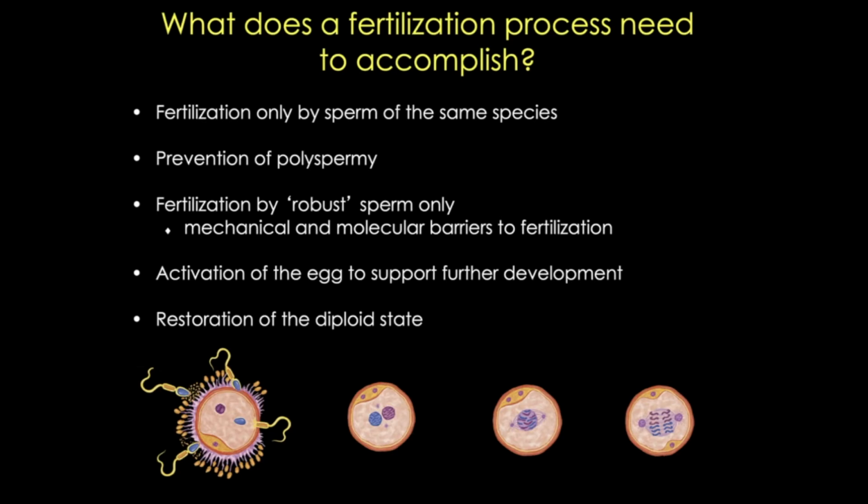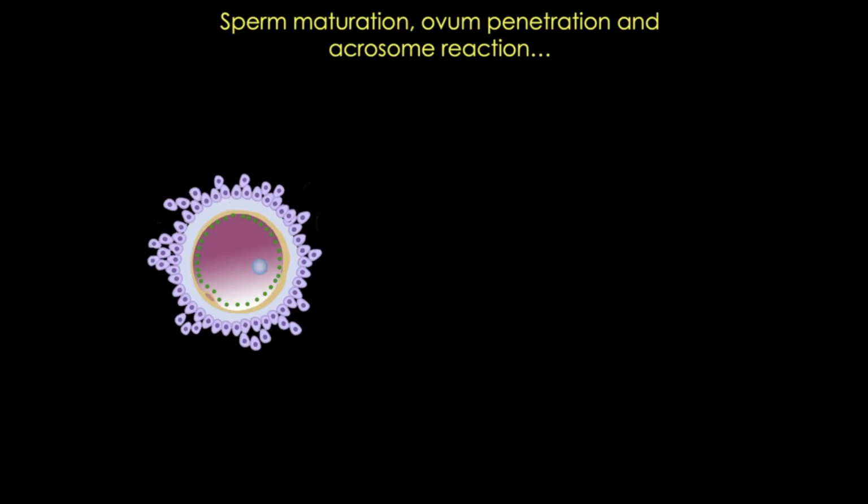So we're going to talk briefly about the process, and I'm not going to go into any great molecular details here, but I'll cover the basics and touch on some of the most important barriers that help ensure that these criteria are met. So we'll start as the sperm make their way through the female reproductive tract. This is the first step, sperm preparation or capacitation. Sperm undergo their final steps in maturation in the human female genital tract. And this is a biochemical modification of the sperm cell membrane, and it's required to make sperm competent to fertilize